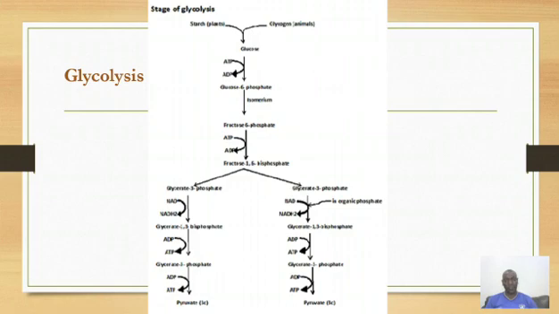loses a phosphate molecule. In other words, it undergoes dephosphorylation. When a phosphate molecule is removed, the phosphate molecule is taken up by adenosine diphosphate, liberating the first ATP molecule directly. Glycerate 1,3-bisphosphate or triose bisphosphate loses a phosphate group. That phosphate group combines with ADP, liberating the first ATP molecule directly, also forming glycerate 3-phosphate. Glycerate 3-phosphate also loses another phosphate molecule, which is also taken up by ADP, forming